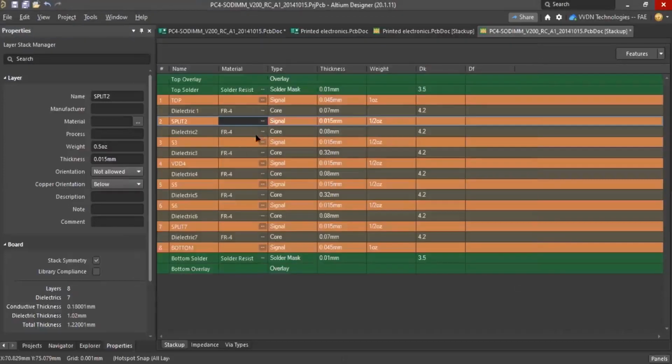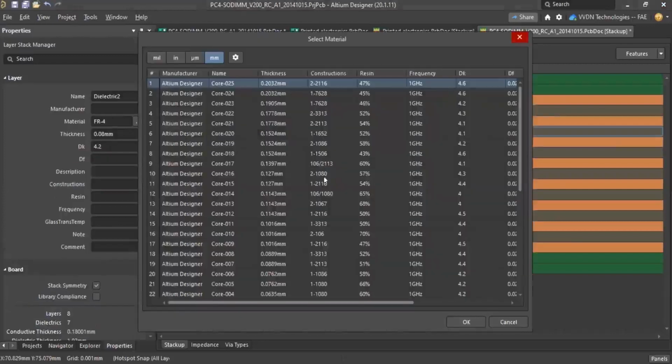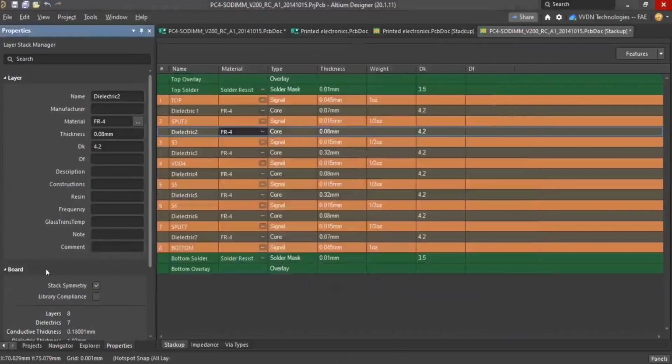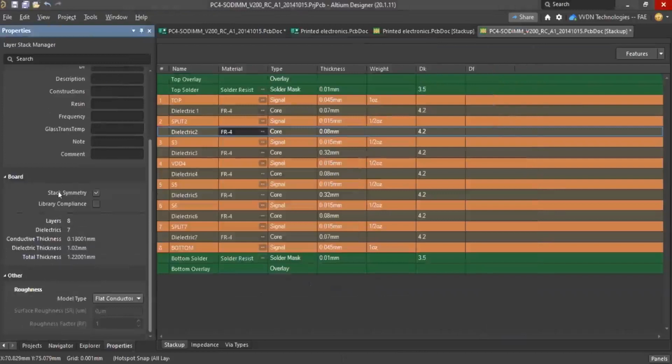Okay, different ones are available. So this is a library. You can select any material based on your requirement. Okay, based on the constant data. And here you can see the stack symmetry. Okay, if this is enabled, I'll show you. Suppose